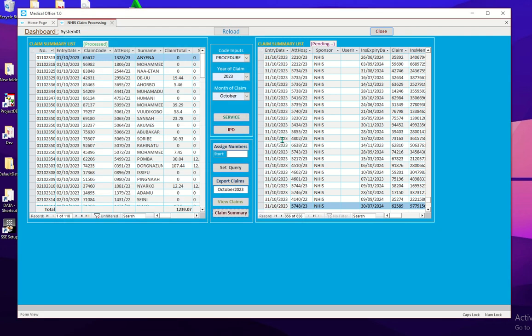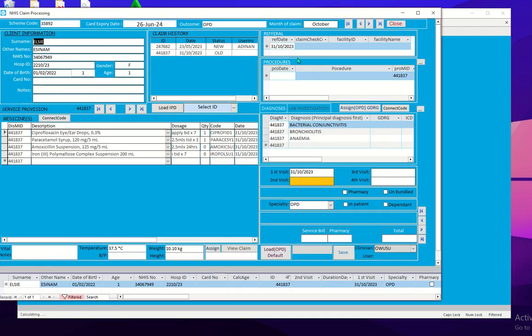Okay, so now this is the dashboard. Let's see the vetting or processing interface, how it works, how we can process a claim and then save. We need to explore that interface too. Like I mentioned earlier, you can open the claims one after the other, or you can open everything together, where you can just search for an individual claim and then work on it. So let's start with the individual. If you want to open this particular claim, all you have to do is double click,